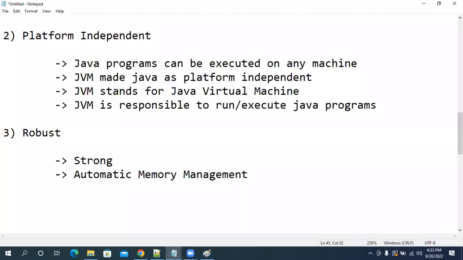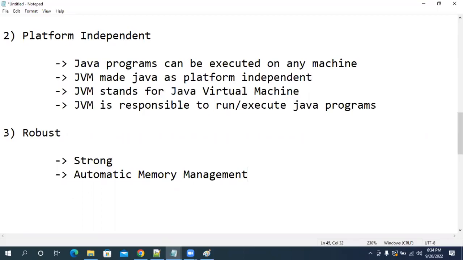In order to run the Java program, how much memory is required? I no need to specify that. JVM is intelligent. JVM will allocate the memory which is required for executing our program.